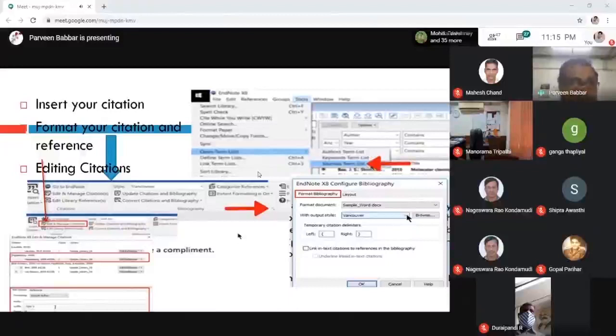You can also merge a number of citations within this. You can also edit in other ways, like I want to showcase only the surname, not the author, or only the page number with the surname. Such type of editing is possible. That is a user-based, customizable editing facility available within EndNote, which is somehow lacking in other reference management software.